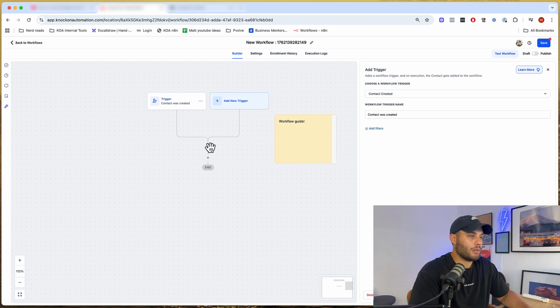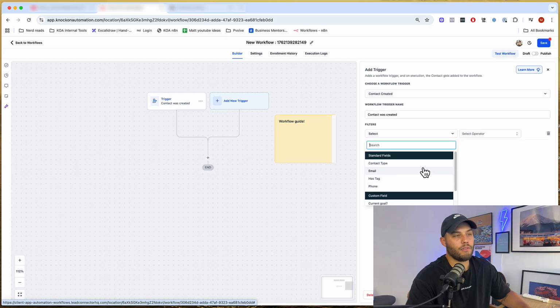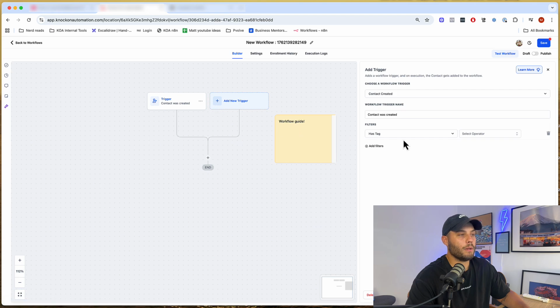So the first thing we're going to do is add some filtering to this contact created section. So if we click on add filters here, we can then define further what our conditions of entry are for the automation. So for this filter, we click on select, and then we can go through all of these fields: contact type, email, hashtag, phone number, and we can manipulate that information to match what we want our entrance criteria to be. So the first thing that we're going to do is click on hashtag, because this is pretty common. So if we have created a contact and they have the tag equals to, let's say,